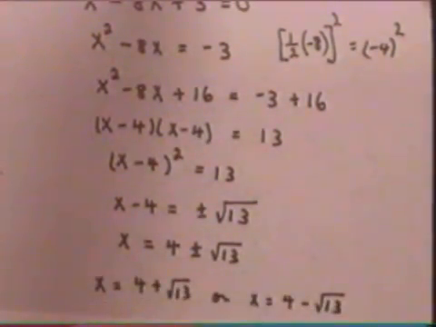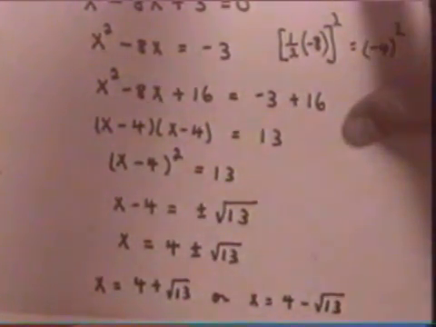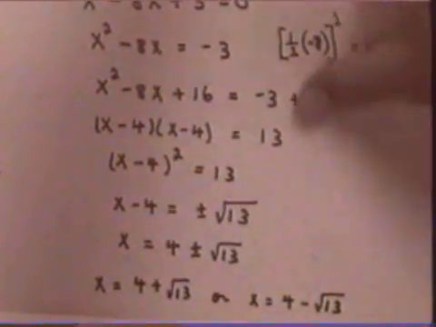So we have x is 4 plus the square root of 13, or x is 4 minus the square root of 13. Now pull out your calculators and evaluate that. So I'll do the first one for you. So I can do